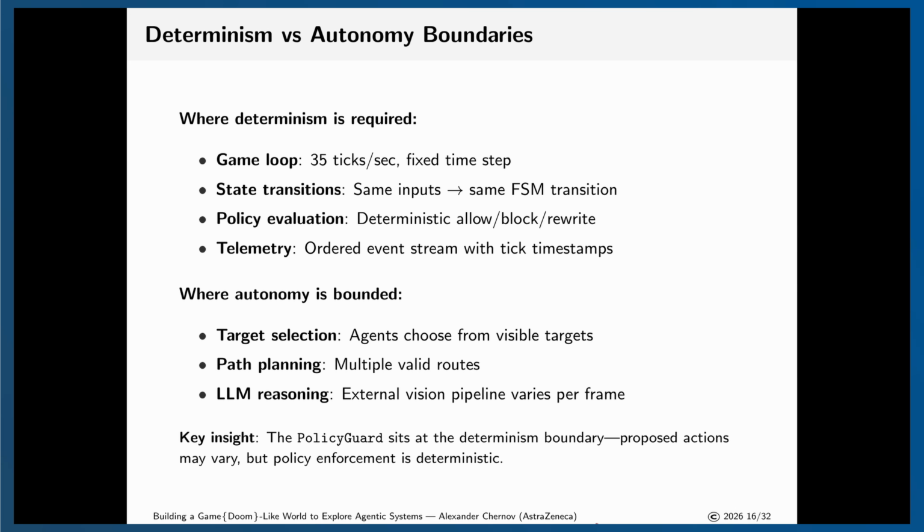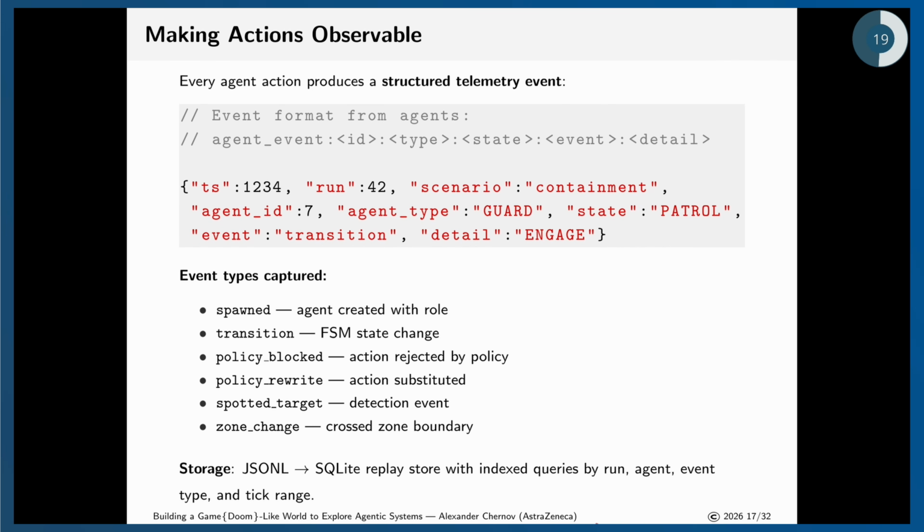Then autonomy, target selection. As you see in this vision pipeline, we say agents should watch for a certain type of character, and they will watch for it. But target selection is absolutely freely defined. It depends on what they get, what they find. We don't specifically tell coordinates. We have path planning, we have LLM reasoning, and it's an internal vision pipeline which varies per frame. We don't have a response every other second. It could be different, and depending on what we see, the response will be different.